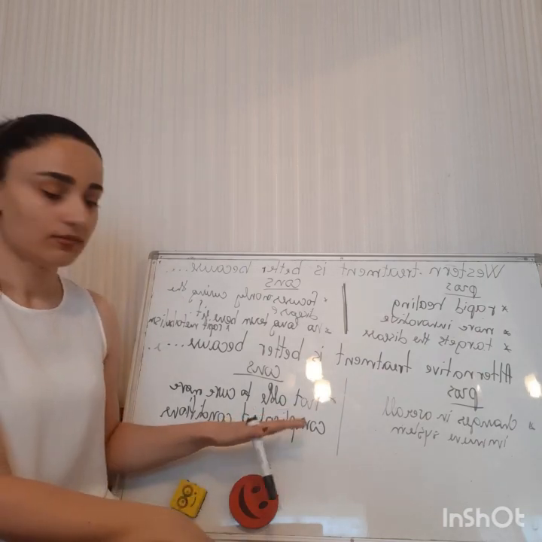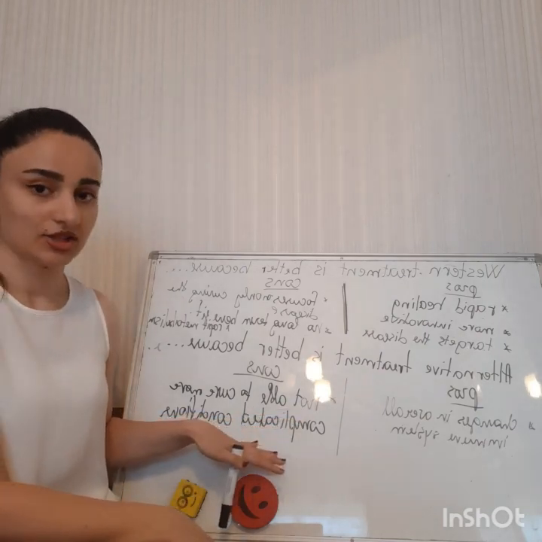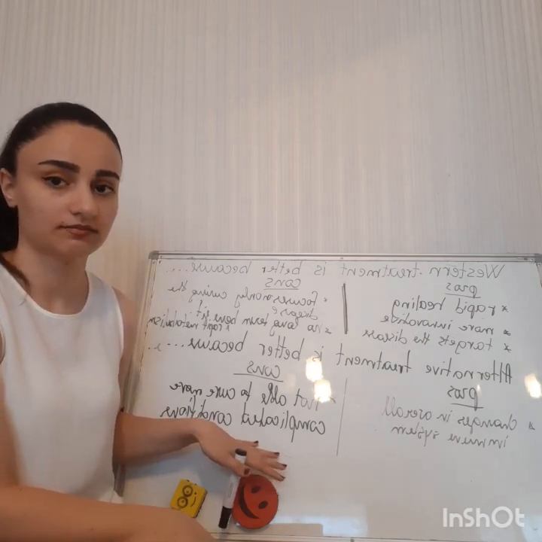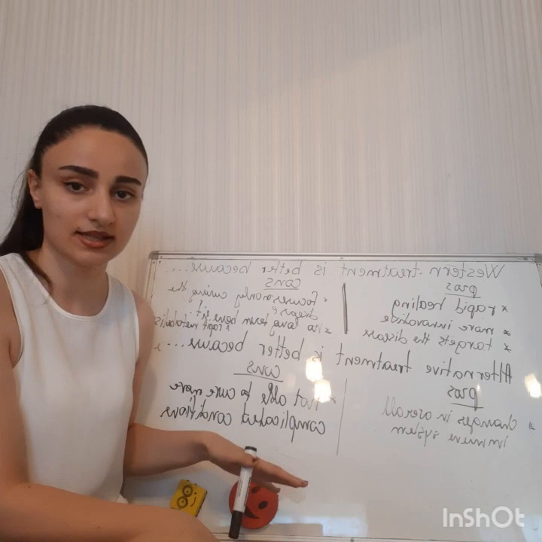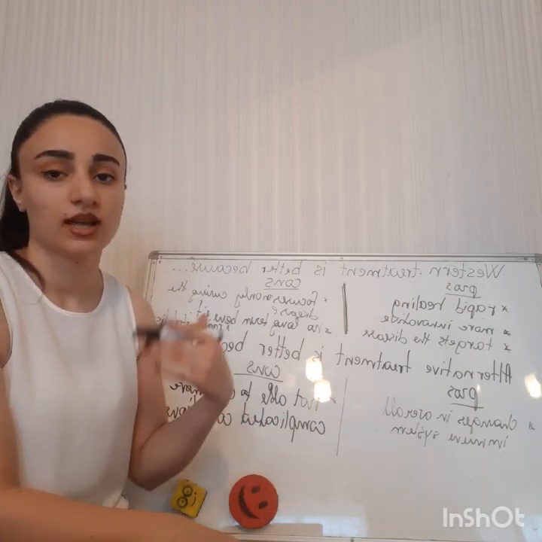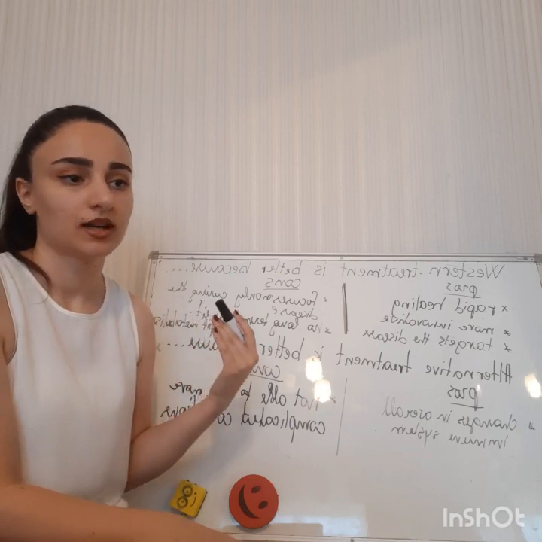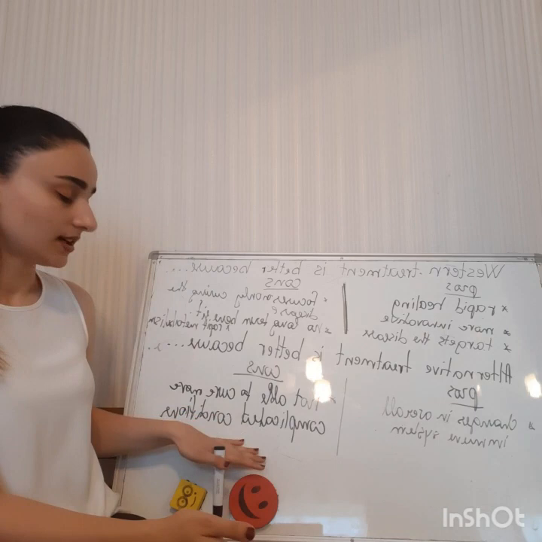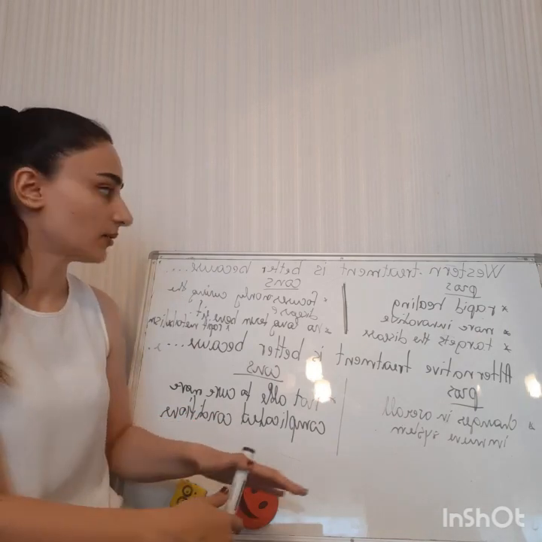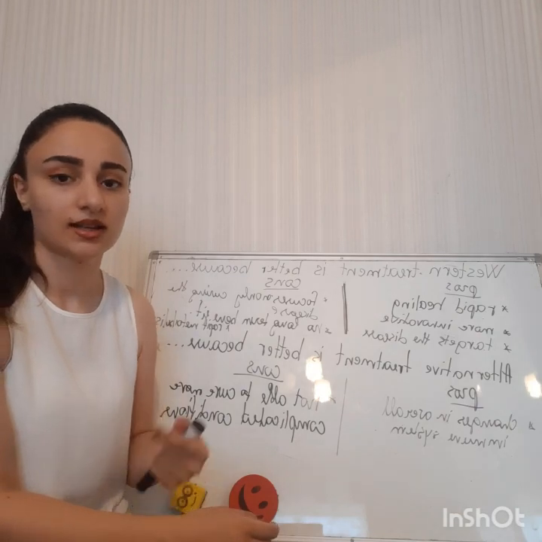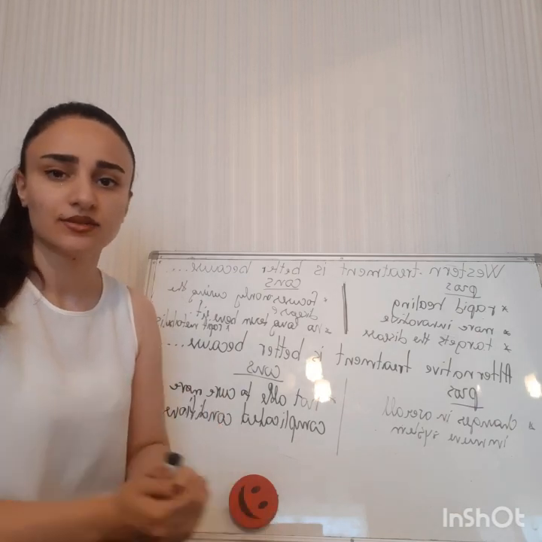Though in more complicated conditions, alternative treatment may not help. As you know, there are some kinds of disease that cannot be cured by either yoga or acupuncture or aromatherapy and so on. So in more complicated conditions, Western treatment, surgery using drugs or medicines can be more helpful. So now we have some